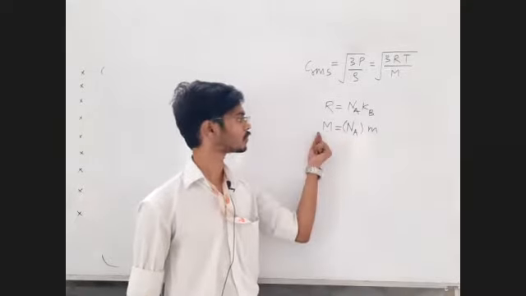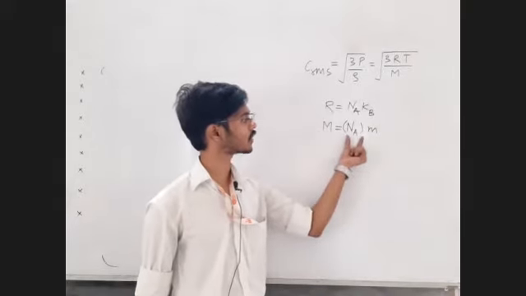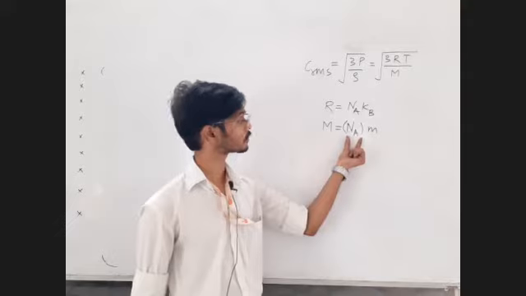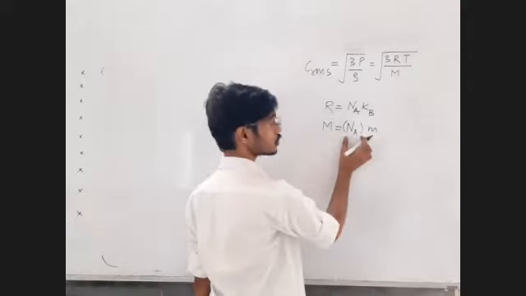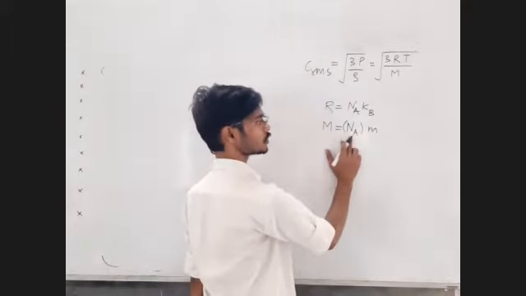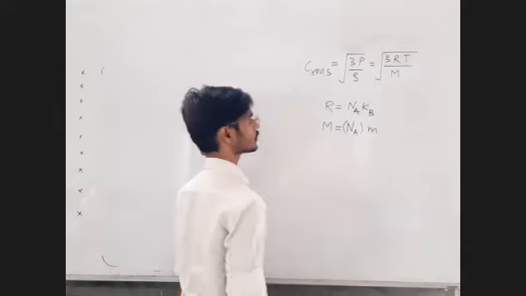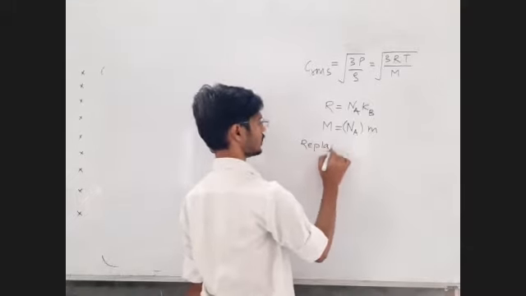In 1 mole, if you are writing molar mass, it means that you are considering 1 mole. In 1 mole, we have Avogadro numbered molecules. So Avogadro number into m. So these many molecules, each having mass equal to small m. So let us do these replacements and let us try to find out the next formula.